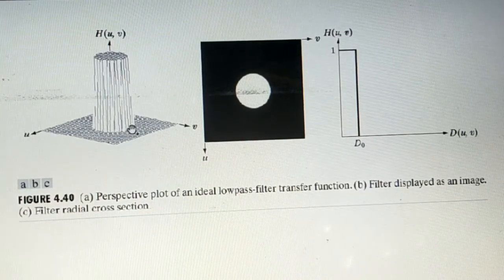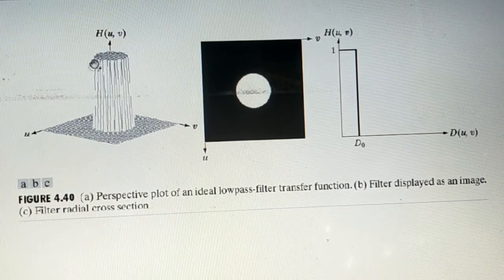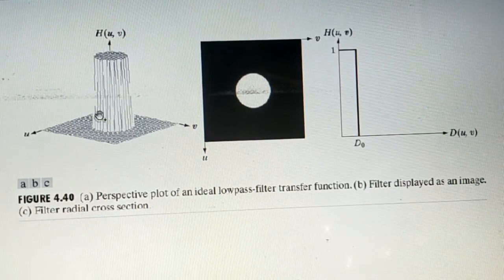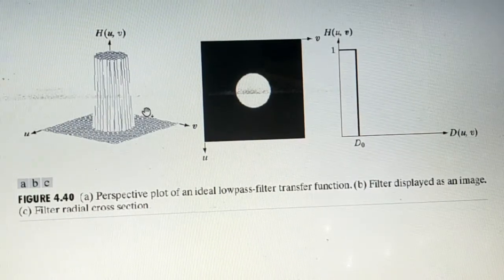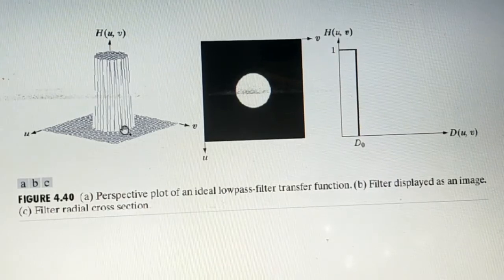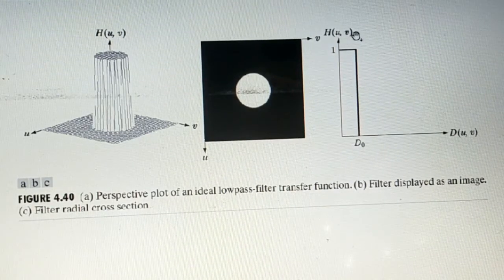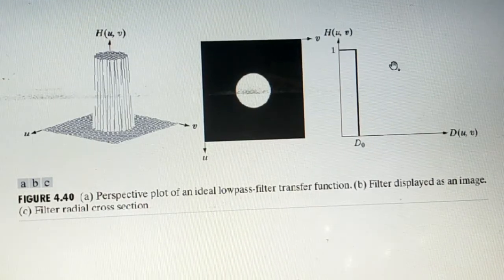In a way, if you see, this is a cylindrical formation. The base of this cylinder is a circle, and that circle is placed on the UV plane. So the position of that circle on the UV plane gives you that image plot. So all three representations of capital H of U, V are equivalent.